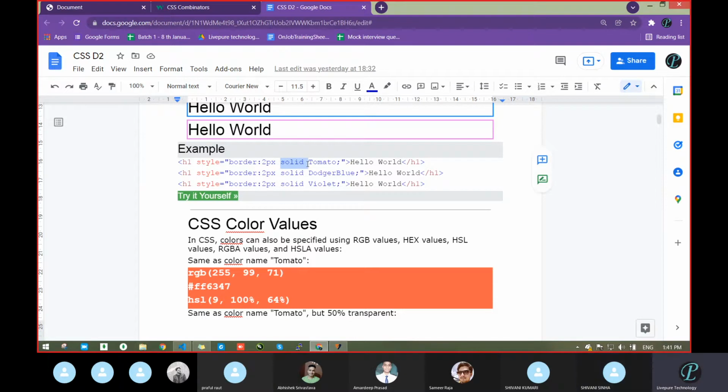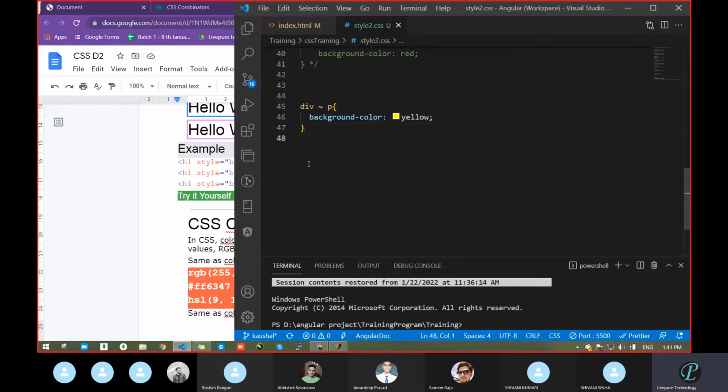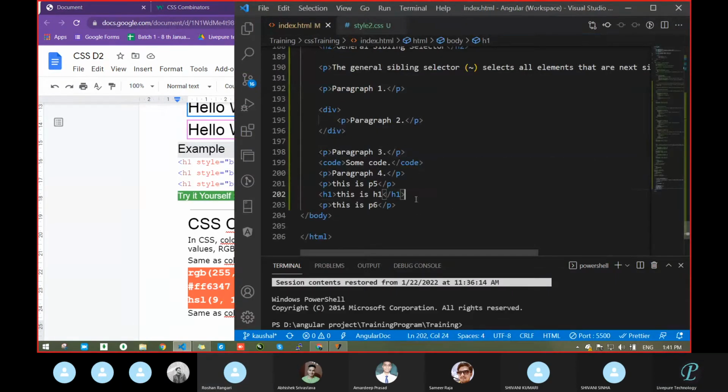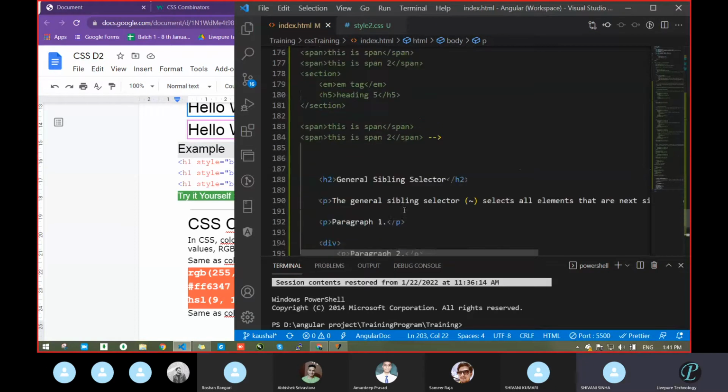What about solid? For what thing is that actually? For a plain border line, we use solid. For dashes or dots, in that place of solid, different things are also there, like dashed and dotted. We can call it border style. There are different types of border. If we want, we can add them.